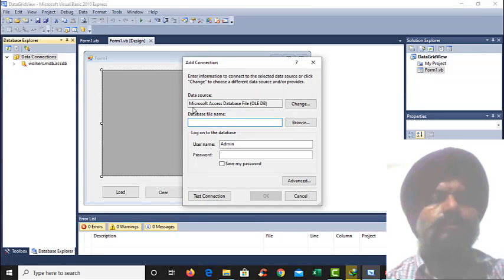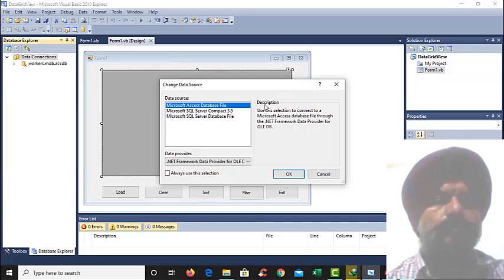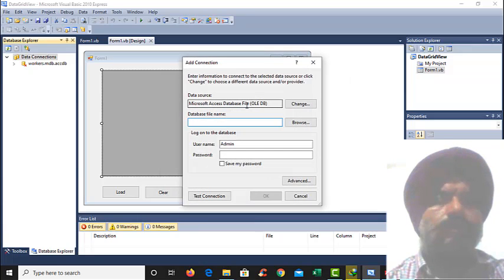In this connection dialog, it shows that your default database provider is Microsoft Access. You can change it if you are using SQL Server or any other database, but I'm using Access, so by default it is selected as Microsoft Access file, that is an OLEDB file.